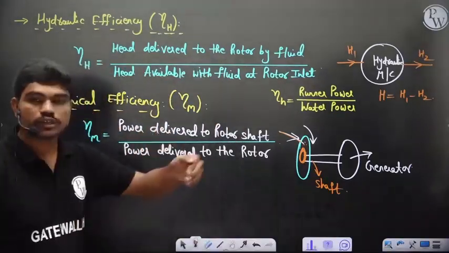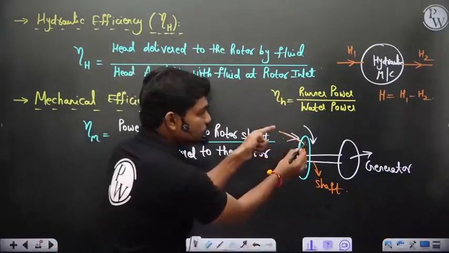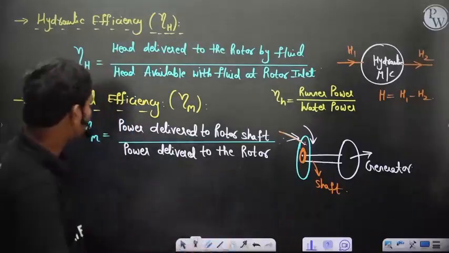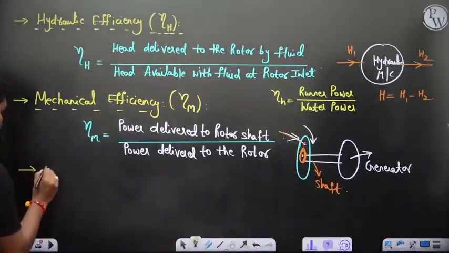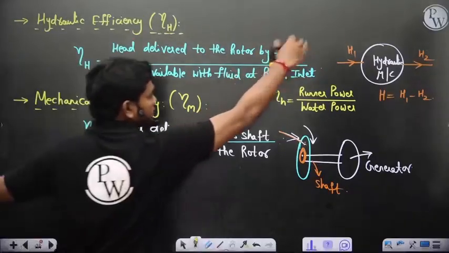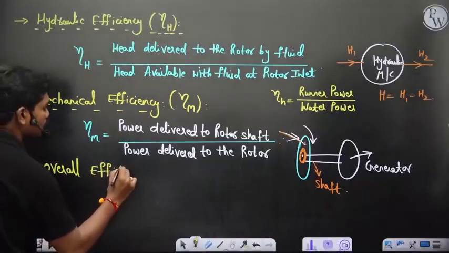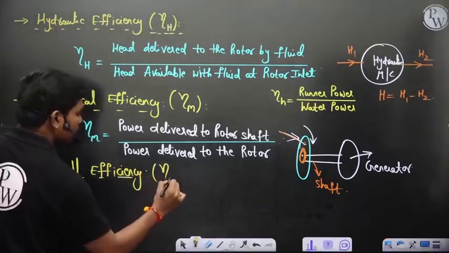So power delivered to the rotor shaft is like stages. First there is a hydraulic efficiency from inlet to the rotor, then from the rotor to the shaft there is a mechanical efficiency again. Okay, got it. So therefore the overall efficiency that you get: if you take the total turbomachine as a single unit, then eta overall